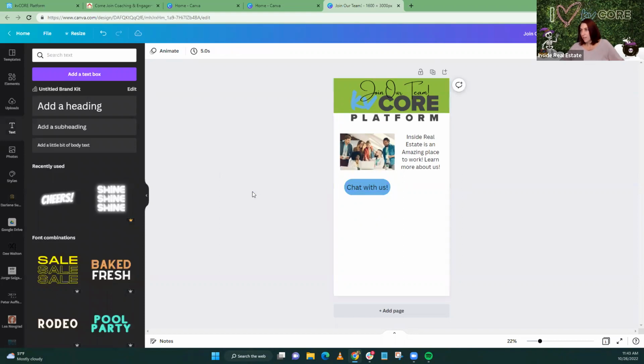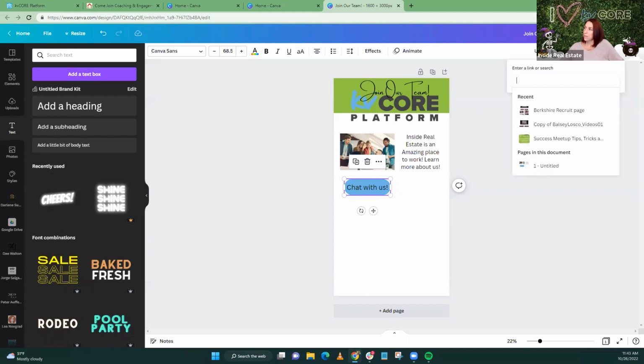So then in Canva, if you just select them both, you can group them. So now they're all together. And then you can go up to here. You might not be able to see it because my face might be there, but right behind here is a link. So you click the link button. And then you can enter any link you want. So for chat with us, if you go to Facebook